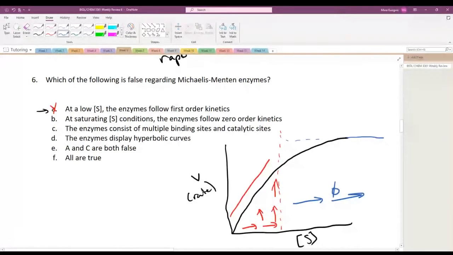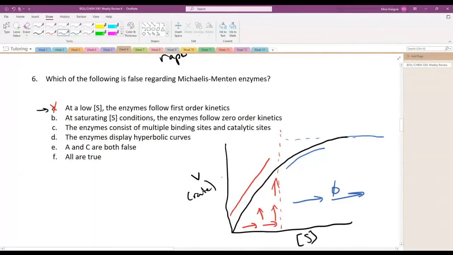And that's actually exactly what we see, right? As this curve flattens, the rate stops changing no matter how much we change our substrate concentration. And so B is also true, okay? All right, I'm going to skip C since we can't really get it from this graph, and we're going to go to